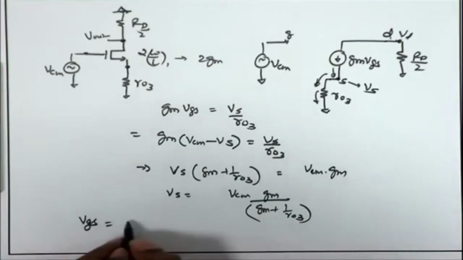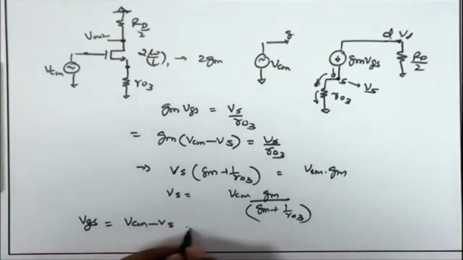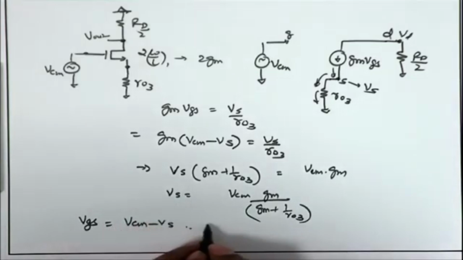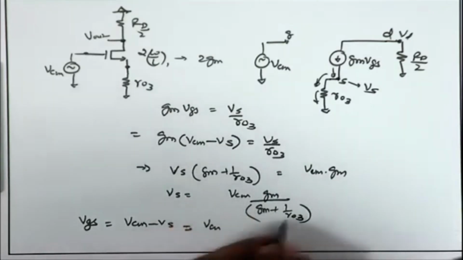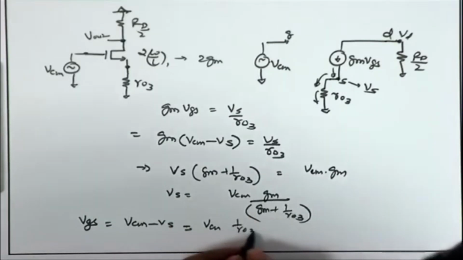and therefore, VGS is going to be VCM minus Vs. So, I can write down VGS as VCM minus this quantity. So, I have 1 minus this quantity. So, Gm gets out and we have RO3 upon Gm plus 1 upon RO3,